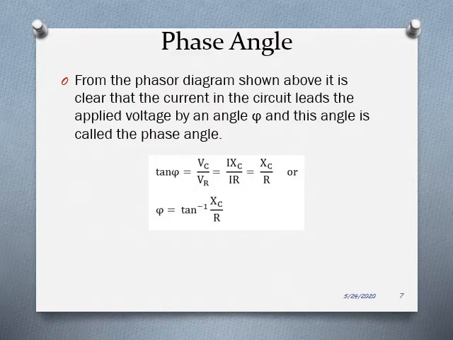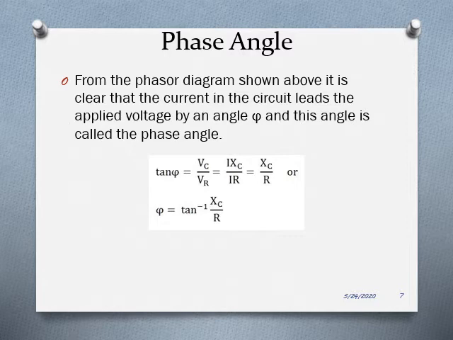Now we shall calculate the phase angle. From the phasor diagram itself, it is clear that the current in the circuit will be leading the voltage by an angle phi, and that is known as the phase angle or the phase difference. If you take tan phi, it will be the opposite side divided by the adjacent side, that is VC divided by